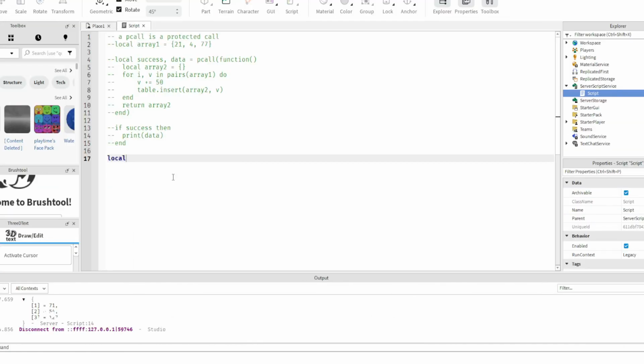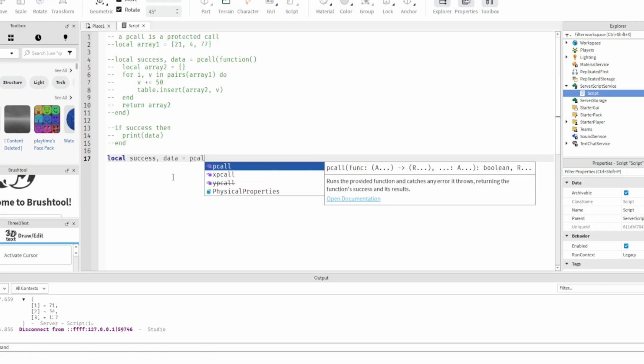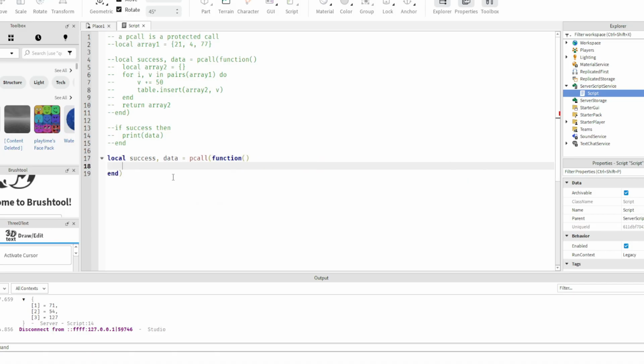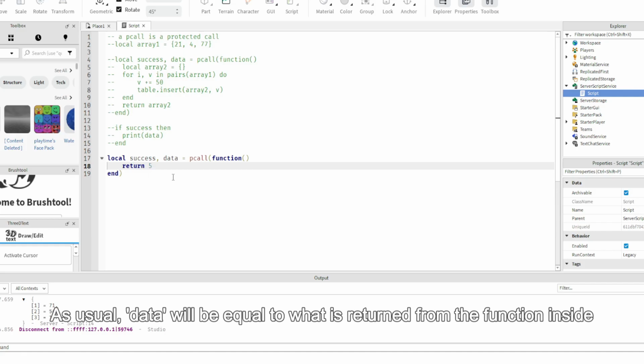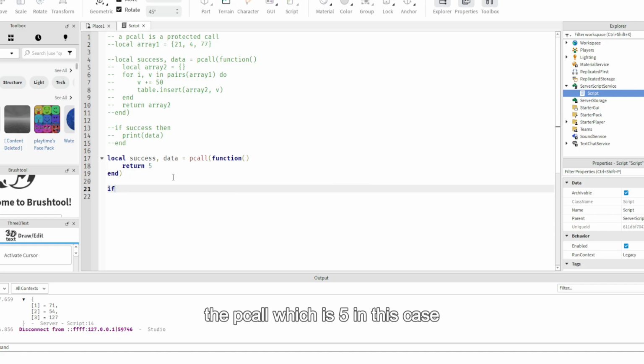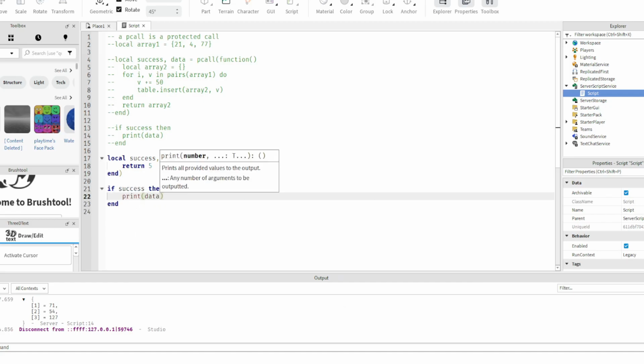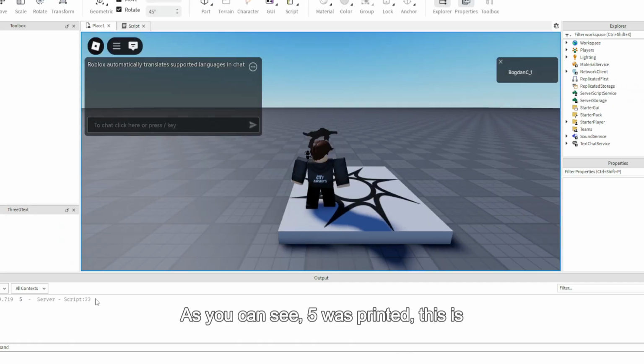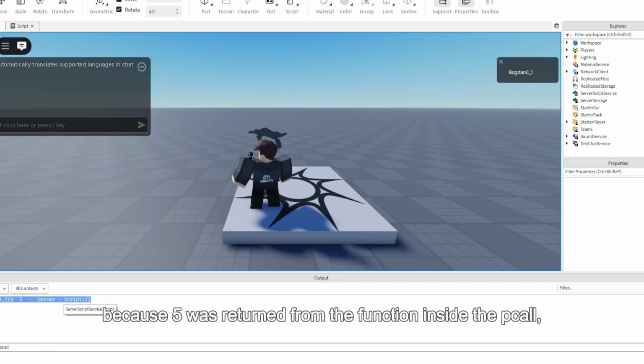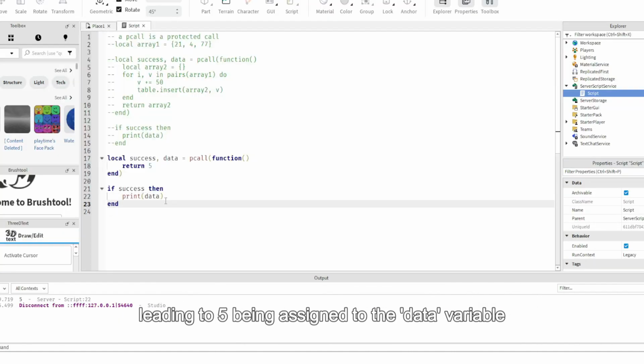As shown in the code I'm about to do, functions within pcalls are not limited in returning arrays only. You can return any value as long as the data type is valid. In this example, we'll return the value 5. As usual, data will be equal to what is returned from the function inside the pcall, which is 5 in this case. As you can see, 5 was printed. This is because 5 was returned from the function inside the pcall, leading to 5 being assigned to the data